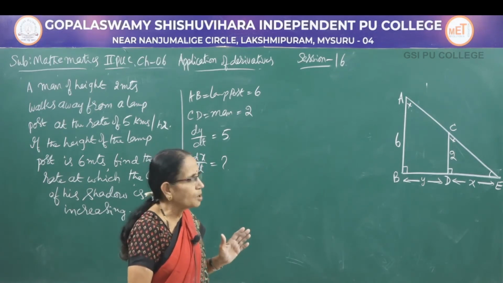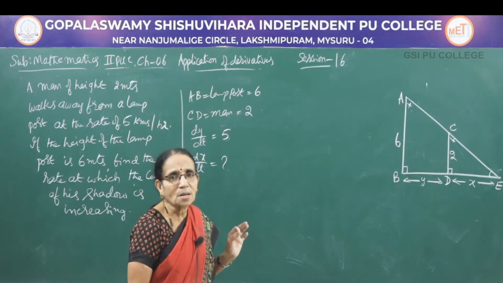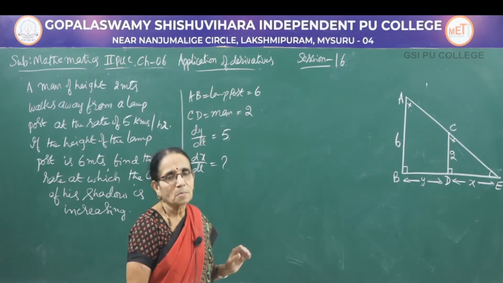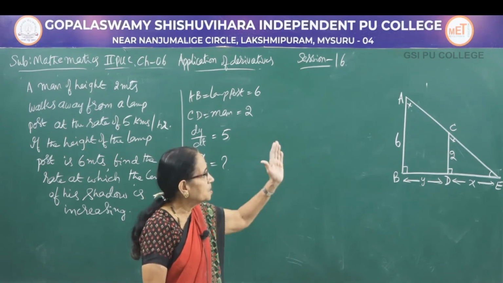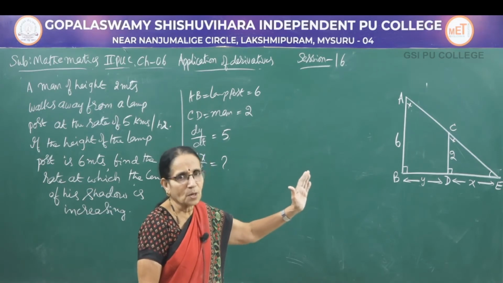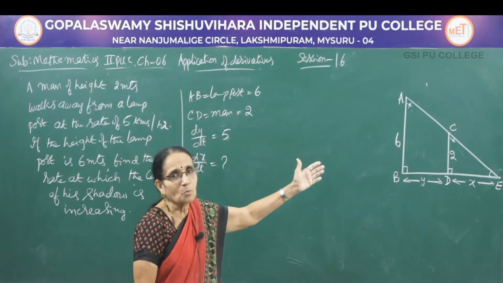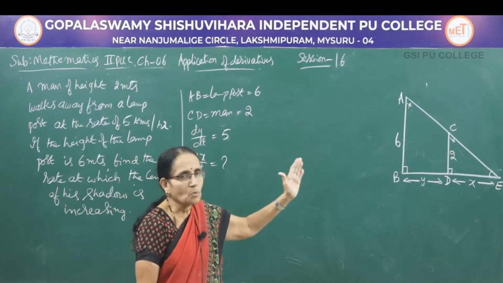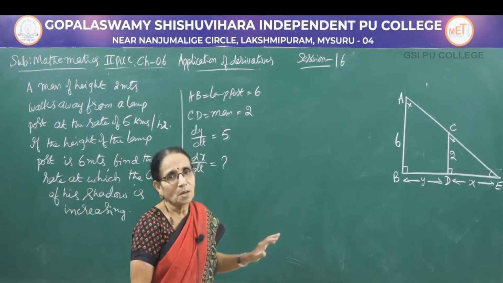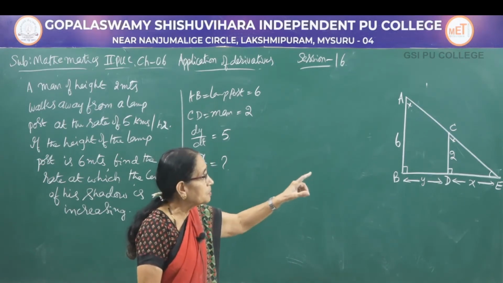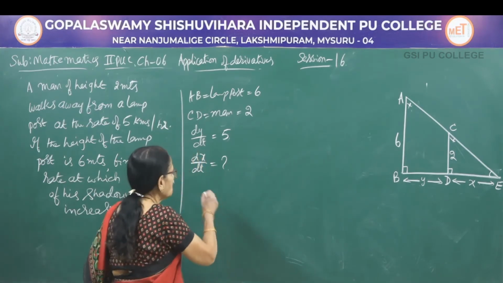So when the triangles are similar, what is the condition? The corresponding sides are proportional. What are the corresponding sides? AB and CD, one pair of corresponding sides. Don't take the hypotenuse part; we do not know anything about that one. BE and DE, the other pair of corresponding sides. You have to take the bigger triangle and smaller triangle. Therefore, first you write here the triangle